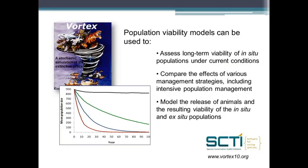Population viability models that are designed for wild populations, like Vortex, can also give you an idea to look at the viability of in situ populations on the current conditions and on the various types of management strategies that you may be considering. And so they can help you model the effect of the release of ex situ animals on the wild population, etc. So again, there are some models that can help you make